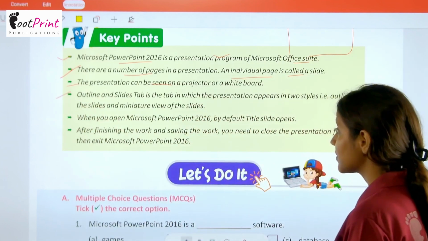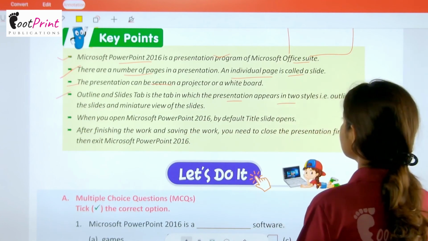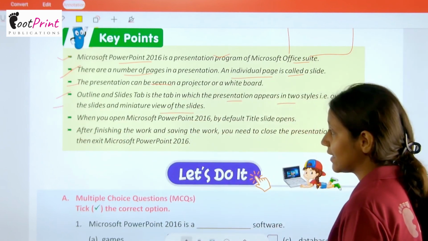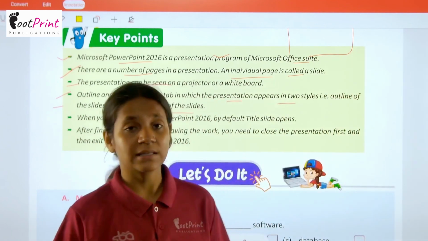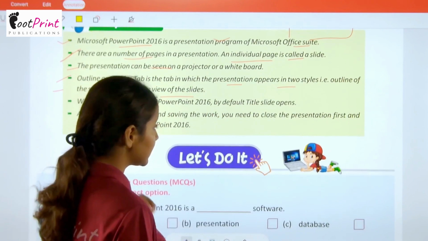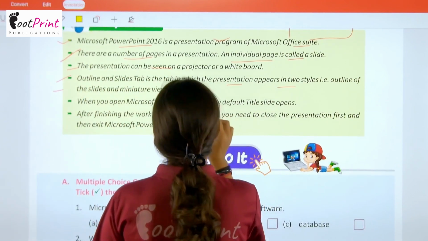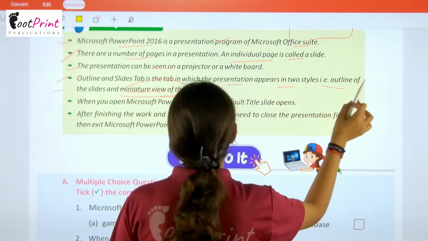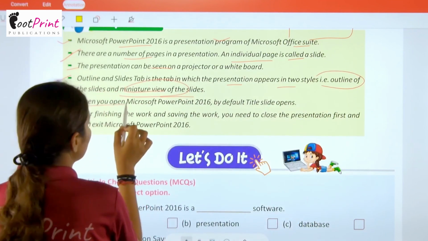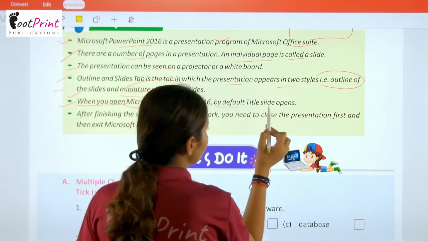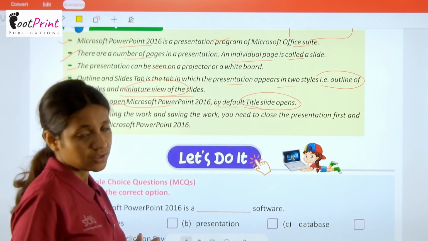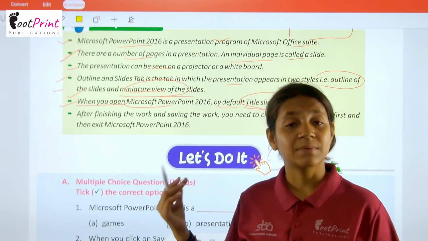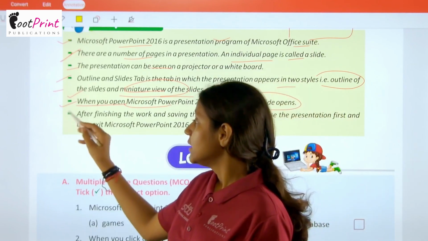Outline and Slides tab is the tab in which the presentation appears in two styles, that is outline of the slides and miniature view of the slides. So outline and slides tab में हम दो तरीके से अपनी slides को देख सकते हैं, that is firstly miniature view and the outline of the slides. Now when you open Microsoft PowerPoint 2016, by default the title slide opens. So by default आपको click to add title और click to add subtitle वाली